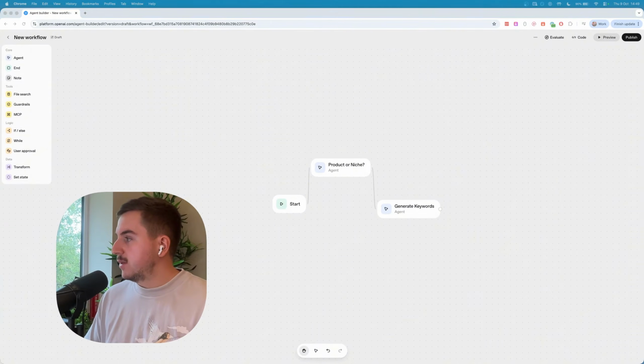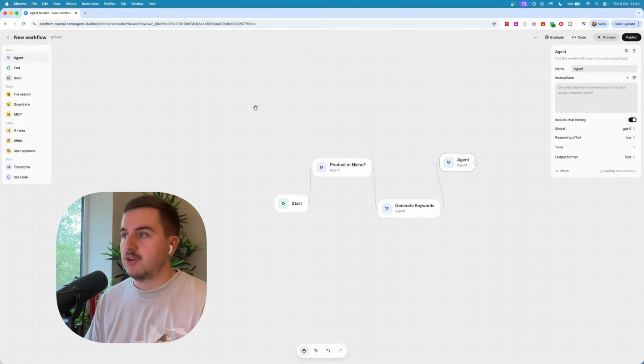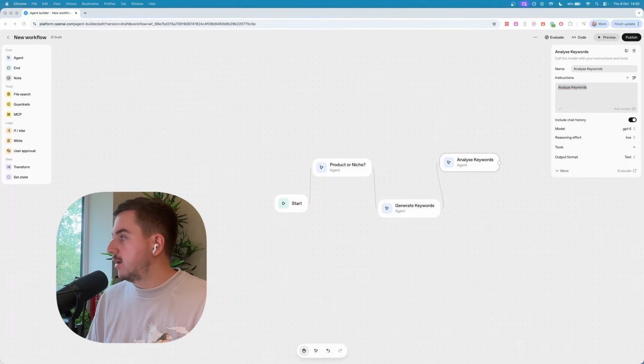The next thing we're going to do, we've generated our keywords. Now we need to analyze them. So we create a new agent here, analyze keywords, paste in our analyze keywords instructions. As I said, guys, it cannot get any easier than this. Now,